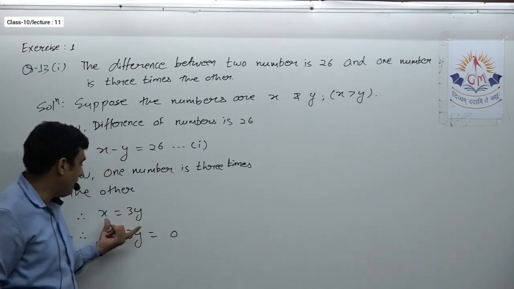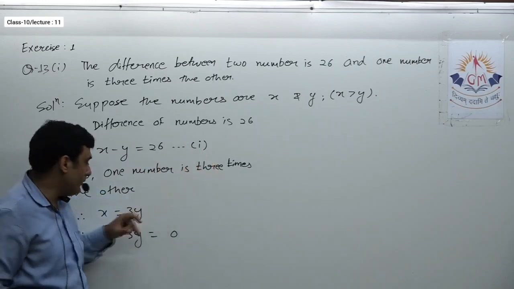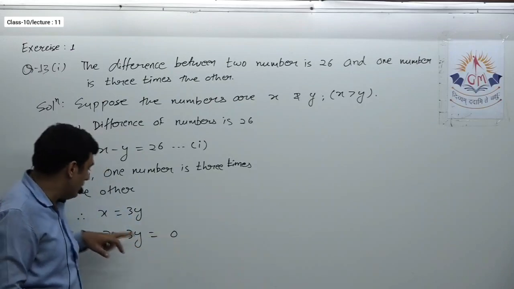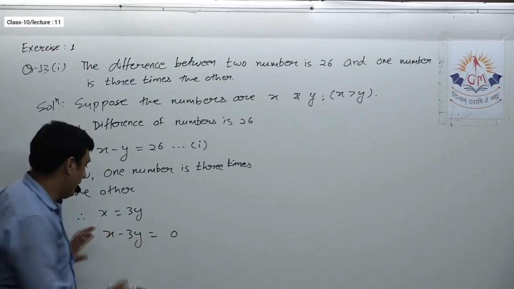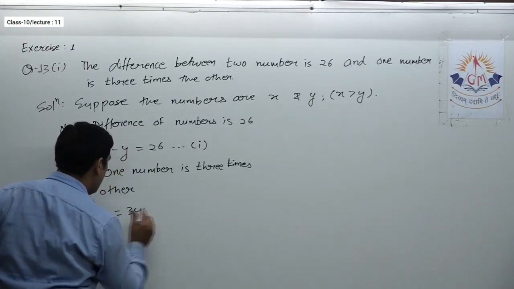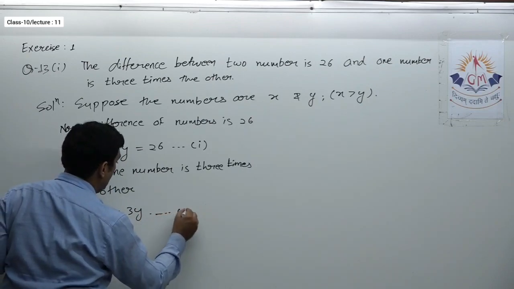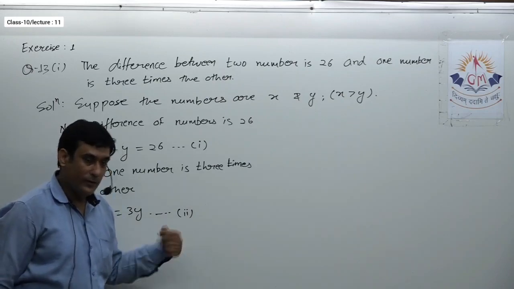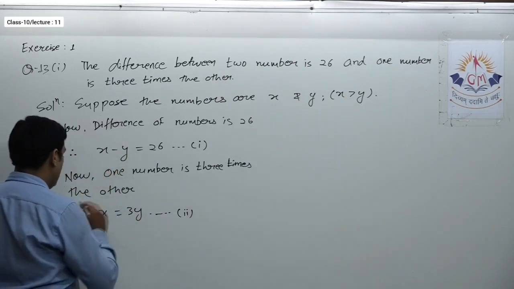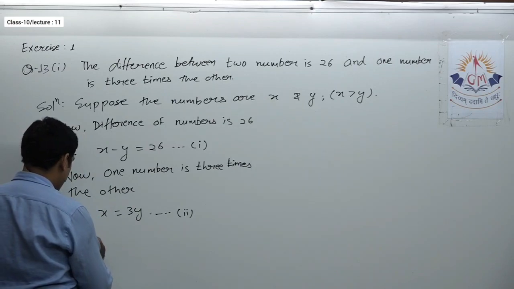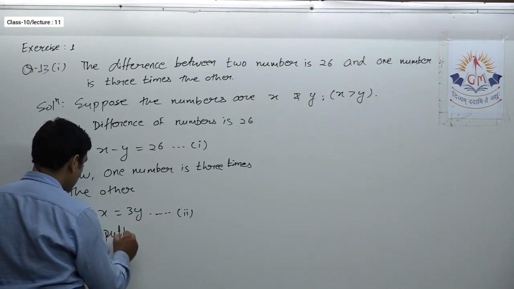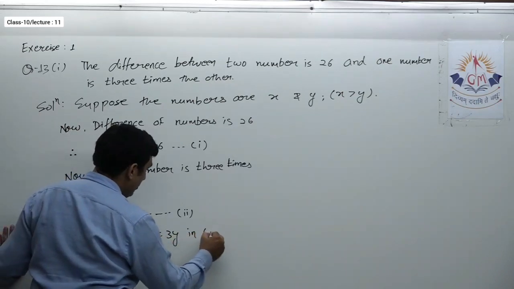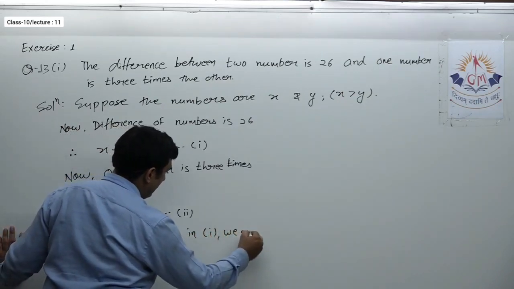However, as we have to use the substitution method, there we used to find the value of one variable in terms of another. So here we directly got x equal to 3y. So I can consider this as equation 2 itself, isn't it? Here I directly got one variable in terms of another variable, so that saves my time. So now, putting x is equal to 3y in the first equation, we get...